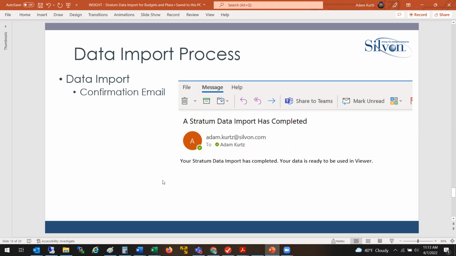You'll get an email once the process completes so that you'll know when you can go back in and look at the new plan that you just imported. So an email will be sent to you indicating that the job has processed. Like I said, this is not something that you have to wait overnight for. This is something that will occur immediately. And then once you get this email, you can go back into the interface and check out your new plan data,